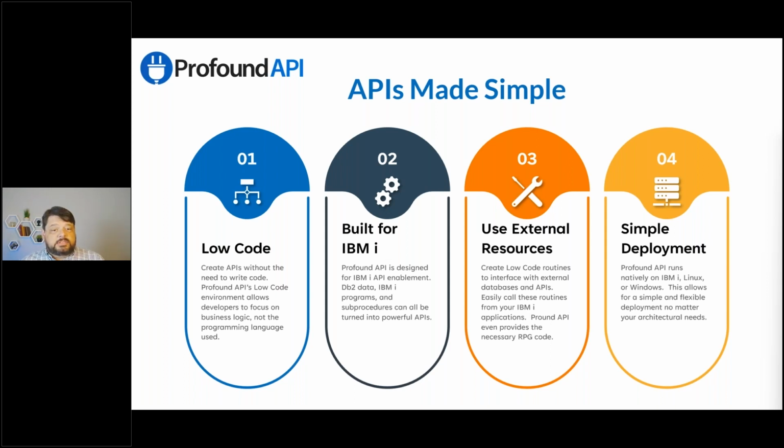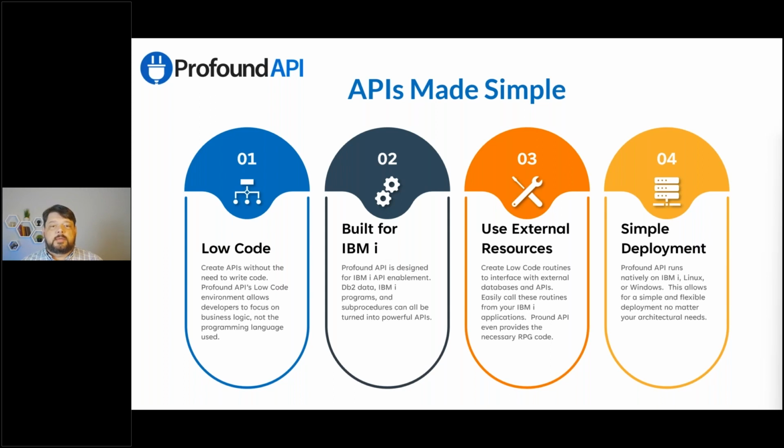Unlike many API solutions out there, Profound API was built for the IBM i from the ground up. We are an IBM i company. We have been in the IBM i industry since 1999, and we built this not just to work with IBM i, we built this for IBM i. Though we built it for IBM i, Profound API is not limited to IBM i. What do I mean by that? I mean that Profound API can access everything that we need from our IBM i, but it can also access other things. It can call external APIs to bundle those into your own APIs. It can also work with other databases other than DB2.